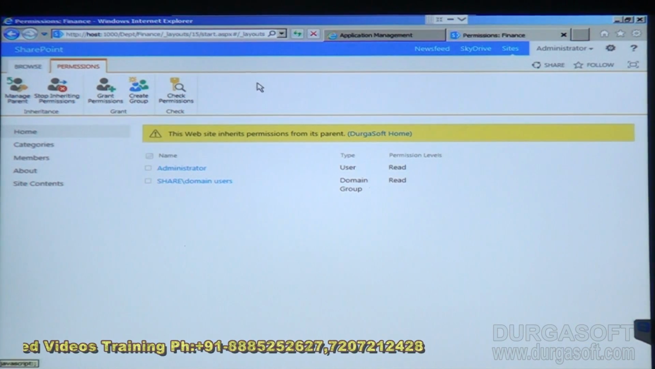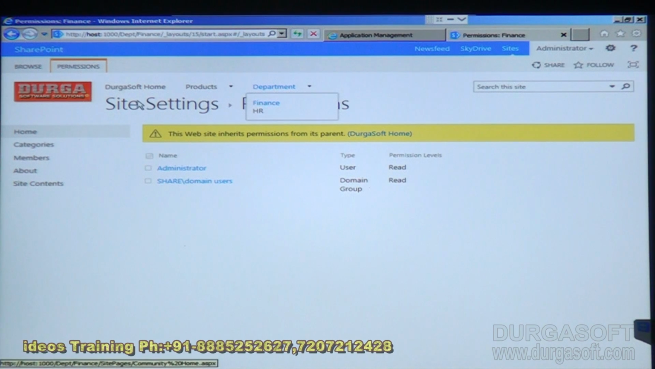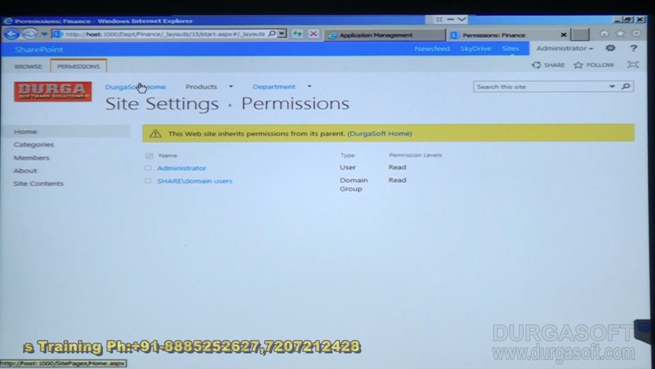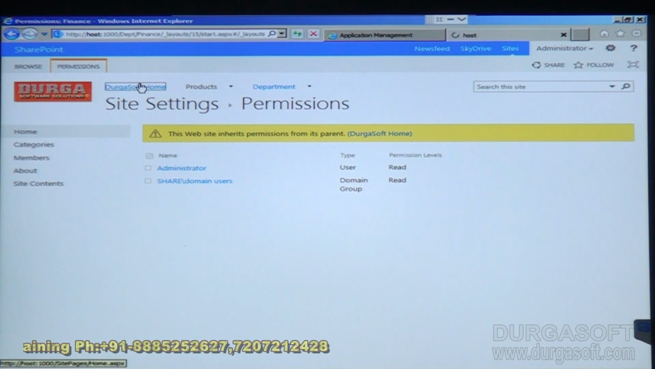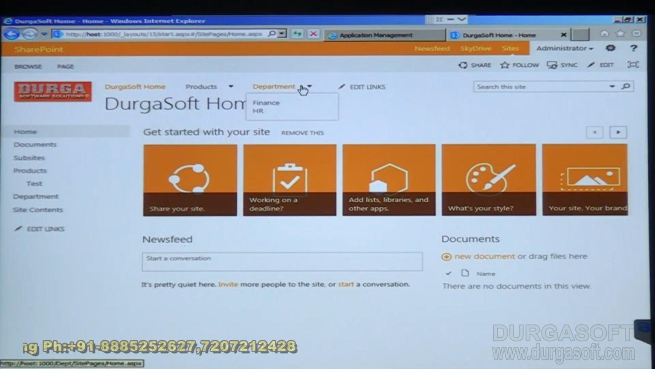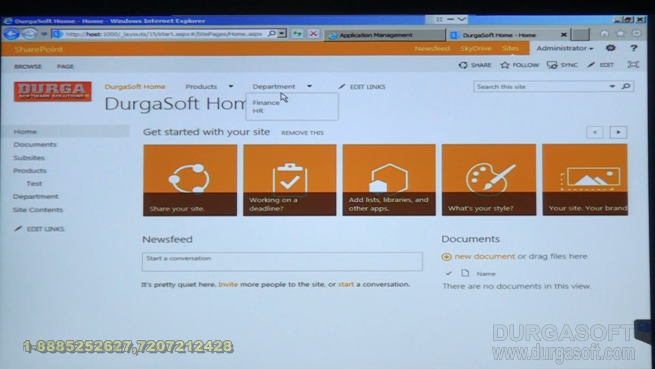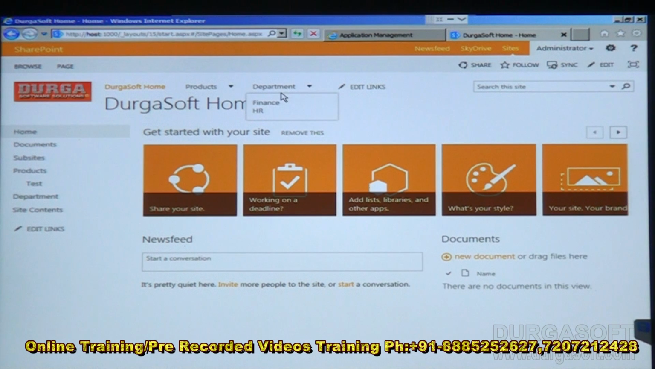Okay. The next immediate question that one might think of. I broke inheritance from parent, but later on I realized this is not the correct site. I should have done it for a different site. Can I undo those changes or can I revert back? Yes. At any point of time,